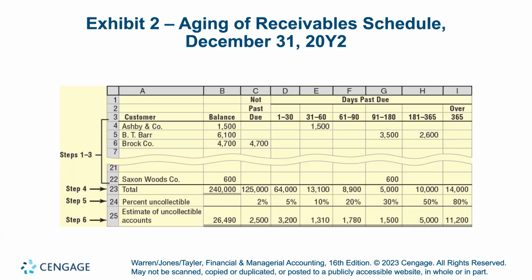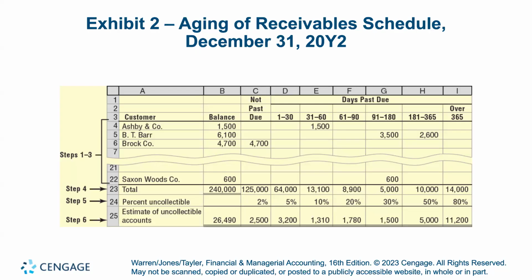So what they do is they then total up each of these columns. So you know the total amount that's owed to you that's not past due, the total amount that's 1 to 30 days past due, 31 to 60, etc. And then in the problem, it will give you this percentage uncollectible. In real life, you would have to meet with the accountants and come up with an estimate of how much we think is not collectible. And then you just take the total in each category and multiply it by the percent. And you do that all the way across and see how the percent gets higher the older the account gets. And then finally, you total up all of these amounts to give you your estimated uncollectible accounts.